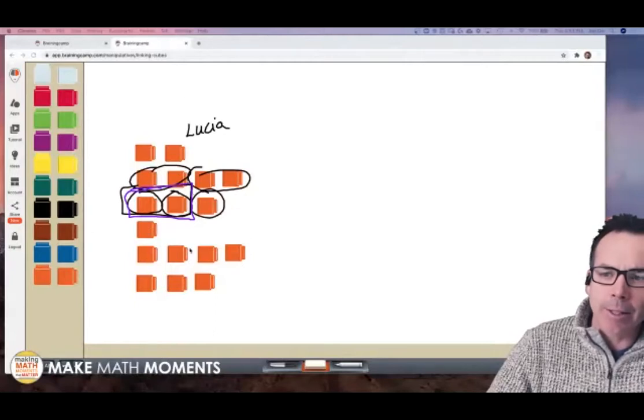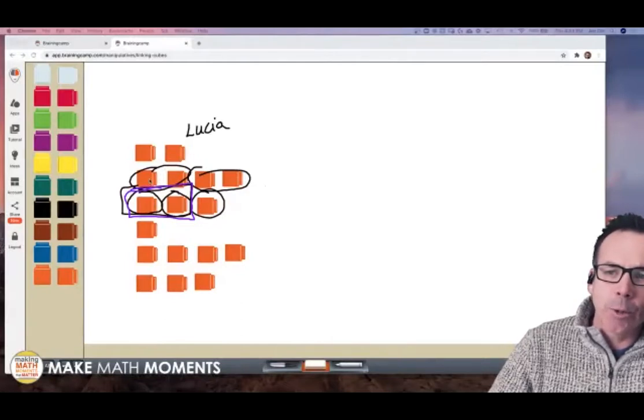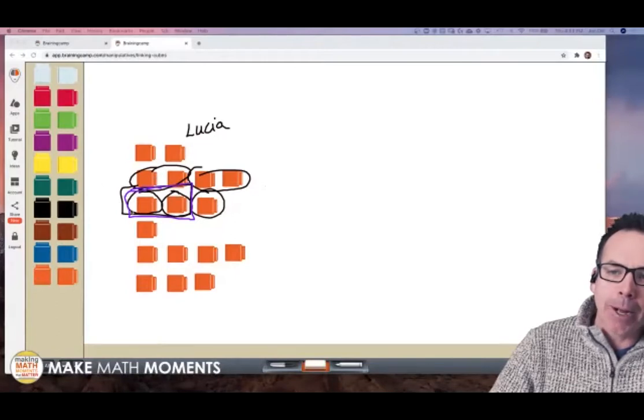And the linking cubes were a nice way to see the doubling here. When you say there's 2 of those, I circled 2, like there's 1 of those and 1 of those. That's 2 Lucias. But then over here in black, I've circled, remember it was 1.5. So notice in black here's 1 and then a half. In purple was a box and a half of a box. That's the same as Lucia's.